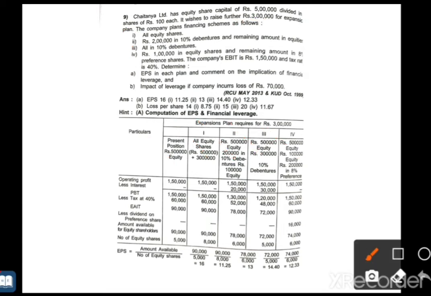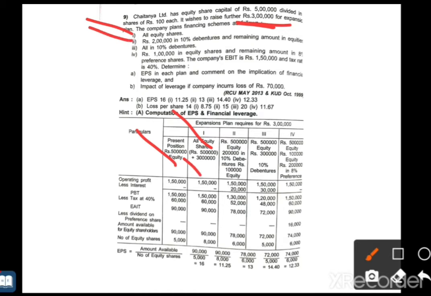But among that, most important is dividing the capital structure. Existing capital is 5 lakh rupees, it is given. Sorry, it is 3 lakh is the new capital; 5 lakh is to be given here. And next in plan 1, the existing capital will always be added to all plans with the new capital also. 5 lakh rupees is the existing plan. In plan 1 all are equity shares, so this 3 lakh rupees is all equity shares. It means we already have 5 lakh rupees shares plus 3 lakh rupees shares. So all are equity shares in plan 1.